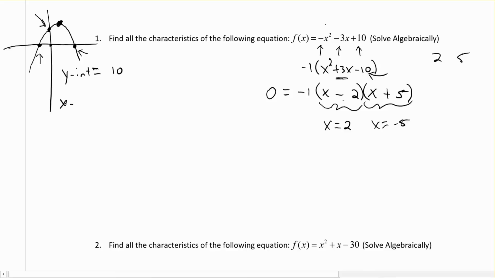So x-intercepts, 2 and -5. Okay, so we are almost done for finding our characteristics. Last thing we need to do, though, is figure out where our vertex is. So remember the vertex we said was just